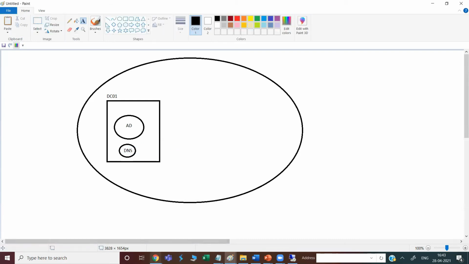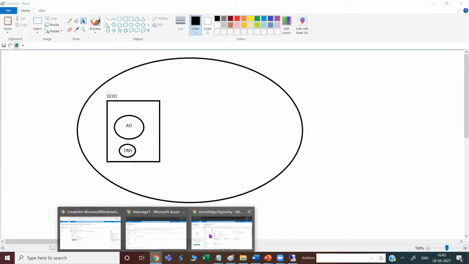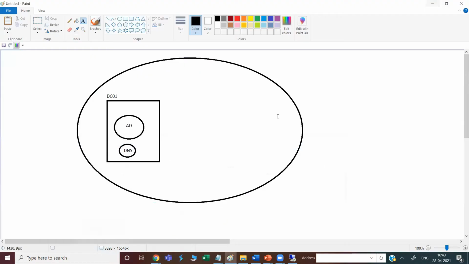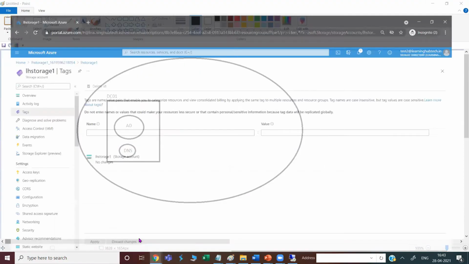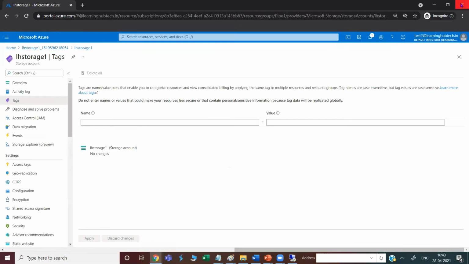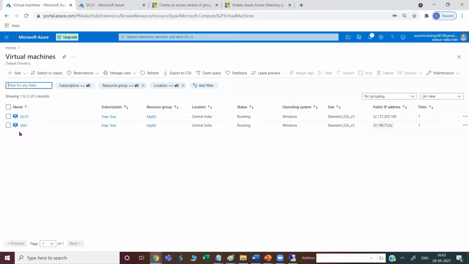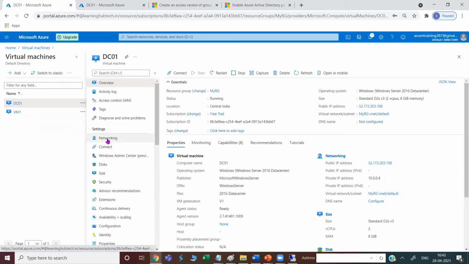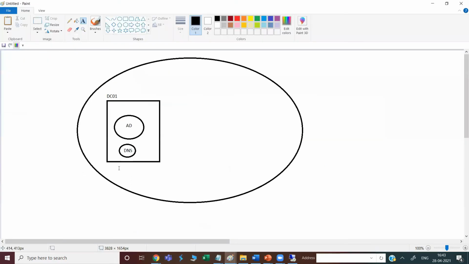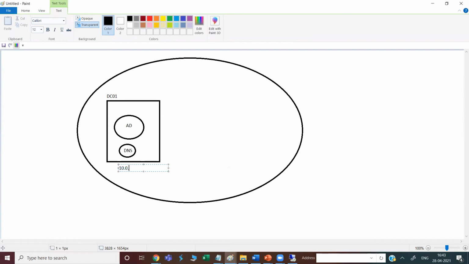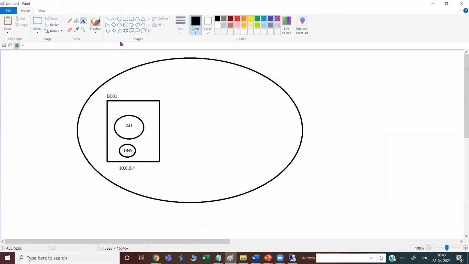right? And what is the IP address of this particular virtual machine? So how to check that one? So to check this, come here on your portal. Virtual machine DC01, and this is the IP address 10.0.0.4 here. So if I come to the diagram, so basically this is the IP address 10.0.0.4. Now what I'm trying to create, I have created a second virtual machine, and the virtual machine name is